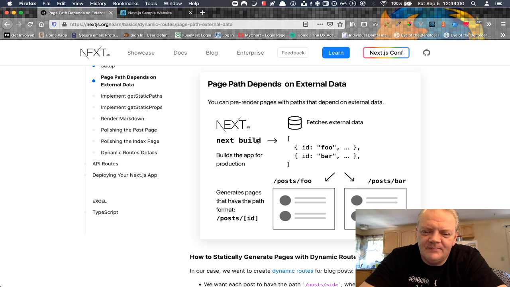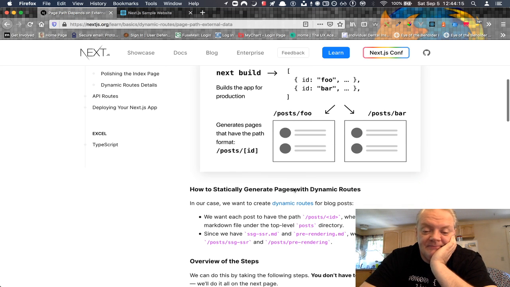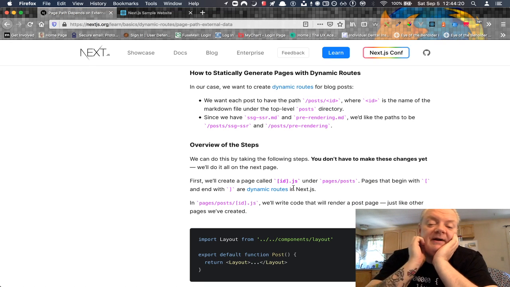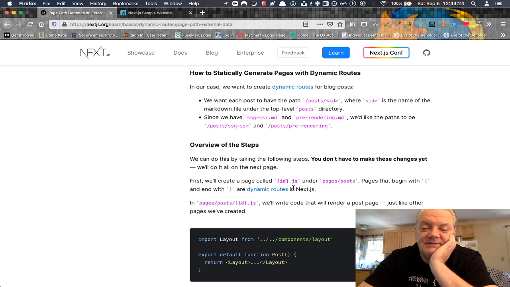So next build touches the external data, builds the app for production, touches the external data, and generates the pages that have the path format /posts/id. In our case, we want to create dynamic routes for blog posts. We want each post to have the path /posts/id, where id is the name of the markdown file under the top-level posts directory. Since we have